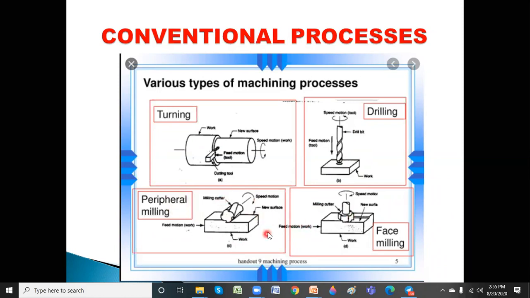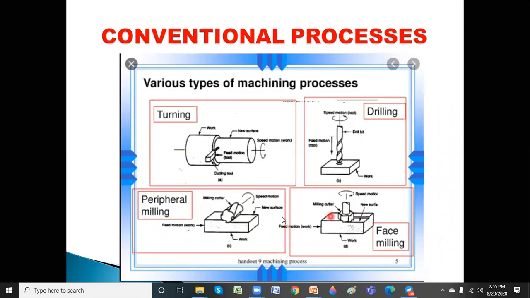That is your milling process. The first one is what is called peripheral milling. You can see how it's going to work. This is a milling cutter, right? And obviously you are going to feed this material towards the milling cutter, or the milling cutter is rotating and the material is stationary. Like that it will happen. So obviously it will remove the material.